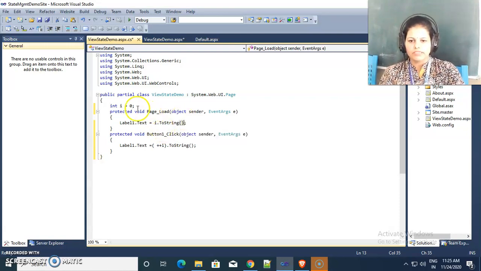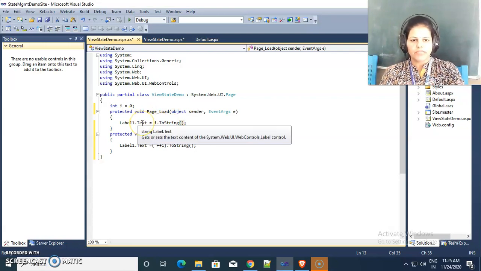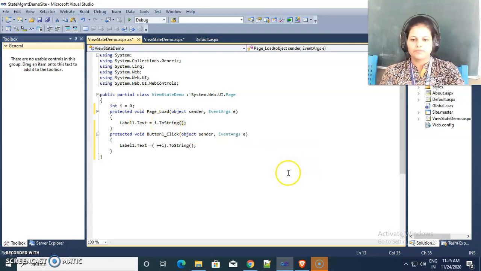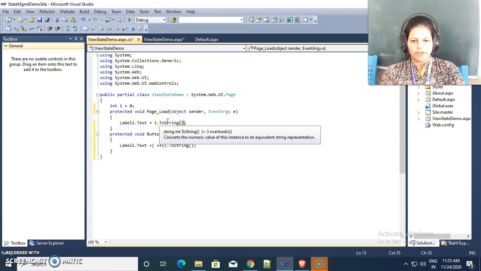The value of i is an integer, and we want a string value inside the Text, so we need a conversion from integer to string. Initially integer i is 0, then the page load event will be fired, and inside the label the 0 value will be displayed.